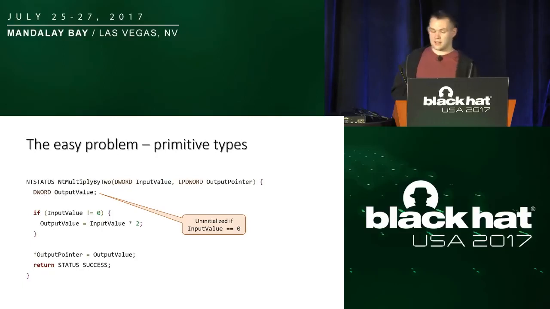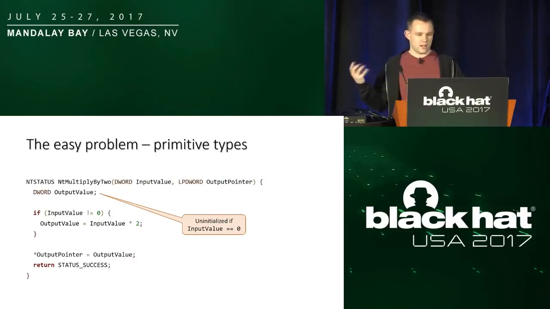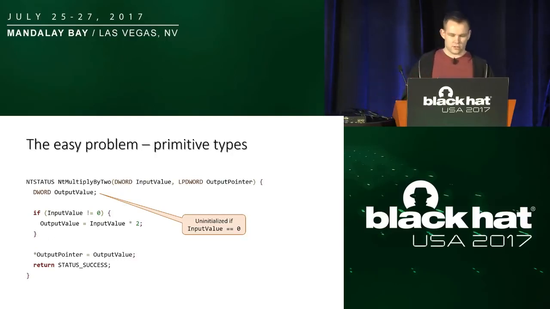So let's go back a little bit and think about when writing uninitialized memory or some kind of unintended memory to user mode can happen. We have this easy problem, on the example of a fake Windows system call implementation, of writing an uninitialized value of a primitive type variable. Here we have a system call which calculates the multiplication of a value by 2. And of course, as we can see, the local output value is not initialized if the input value is equal to 0. So then we are leaking